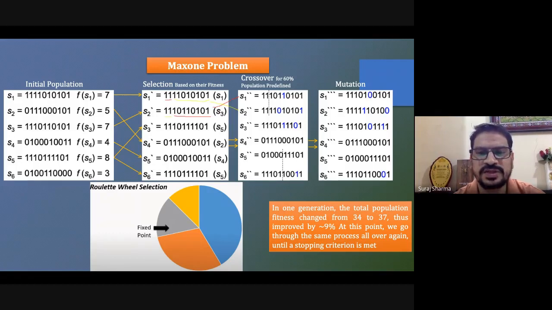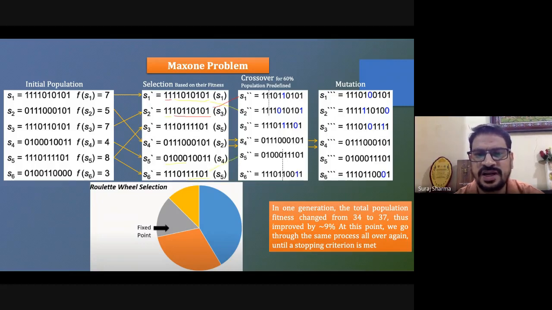Here we do 50-50. Means 5 genes we take from one parent and 5 genes from the other parent. So from S5 dash we take 5, and from S6 we take 5 to generate the child.